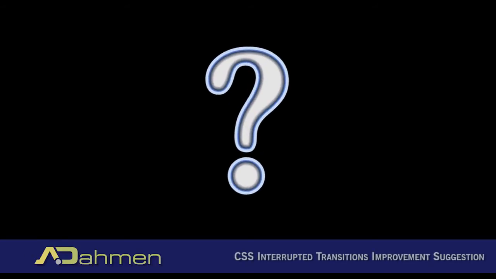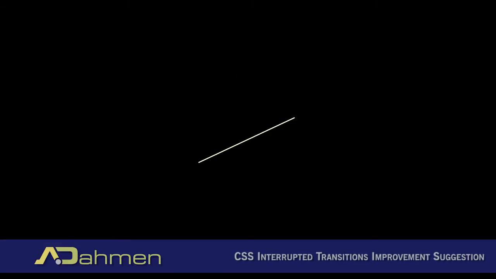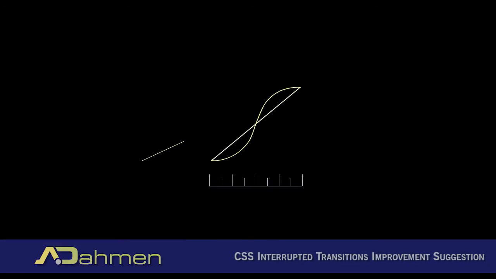So how do we get the second transition amended then? To achieve this, we now need to calculate a new starting value and starting speed for the second, the adjoining transition. For that it will have the current value and current speed now, while it's interrupting the first transition. In theory, we now need to go back in time. We need to know where would the second, the adjoining transition, have to have started to have the same value and speed that the current, the interrupted transition, has right now.